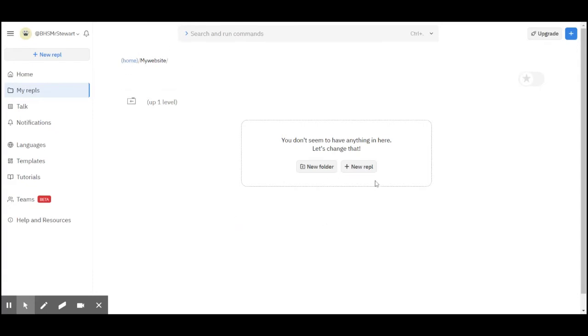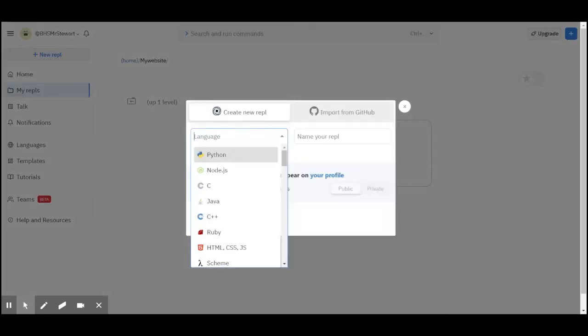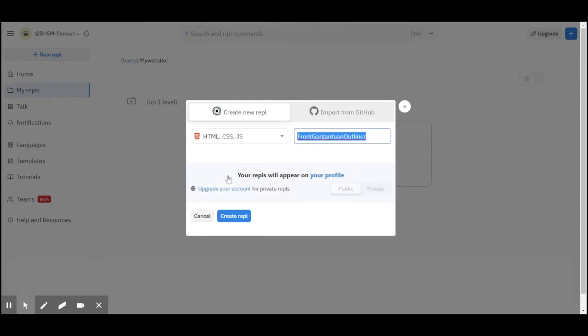And then what we're going to do is we're going to select a new repo. Okay, now Repl can use multiple languages, as you can see there, but the one at the very top for us is HTML and CSS, and that's the one I'm going to select. Now Repl comes up with weird and wonderful names for each individual Repl, but in essence what we're looking for you to do is to make sure that you call it